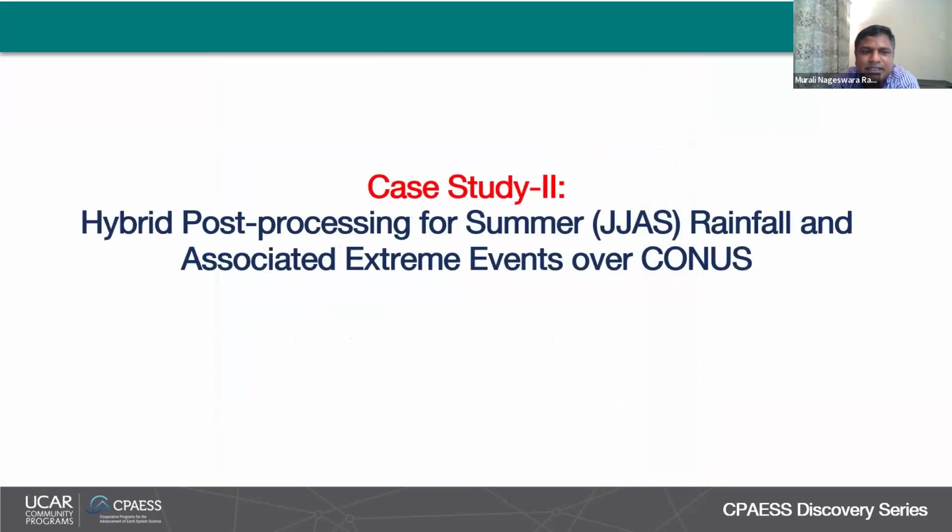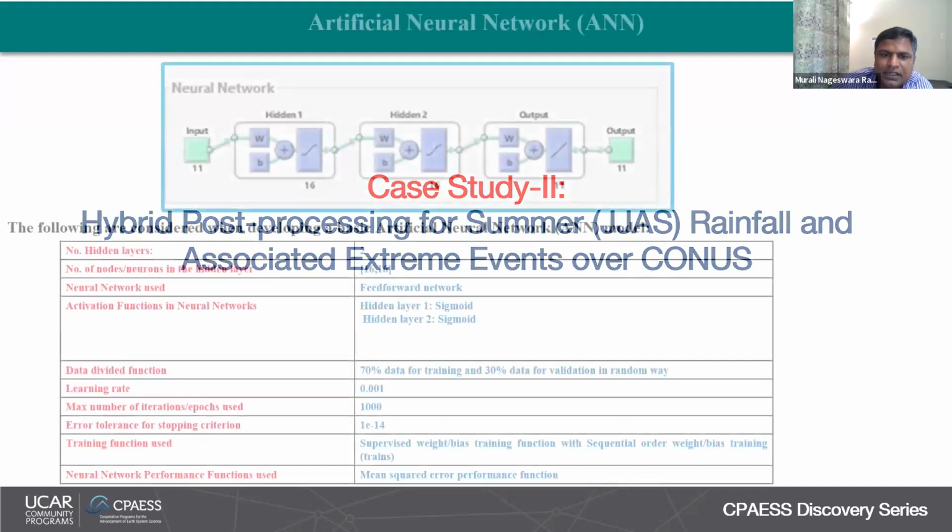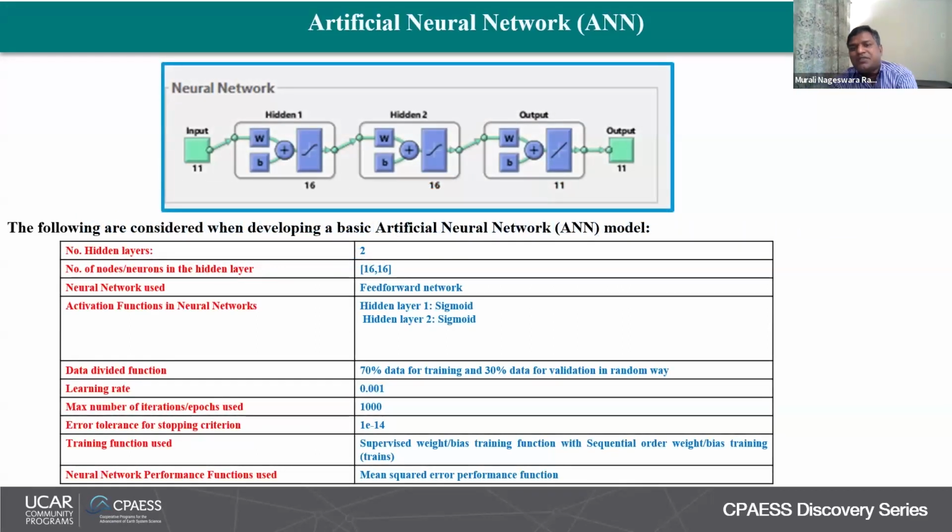And there is one more case study. I have applied this hybrid post-processing technique for JJAS rainfall and associated extreme rainfall events over the continental United States. Here I actually wanted to improve, particularly for week 3 to 4 and the monthly scale. That's why I have considered